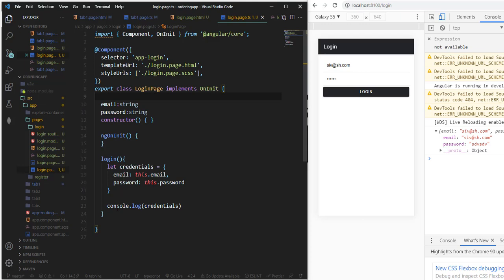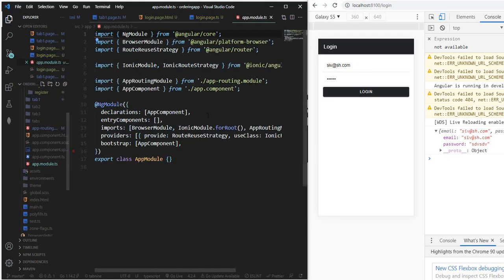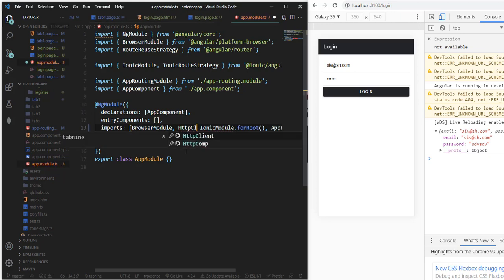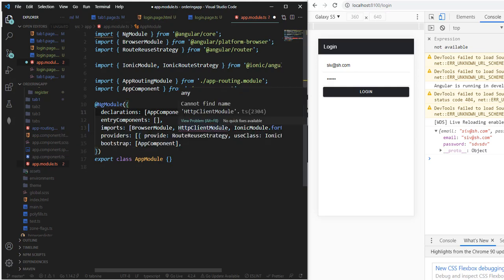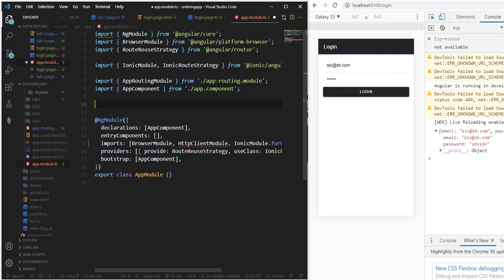Now to send stuff to the server, we need to use the HTTP module. So we need to come to app module. It's not imported anywhere here, so we need to import it. HTTP client module, press a comma, and we need to import. Why is it not finding it? Okay, I'm gonna import HTTP client module